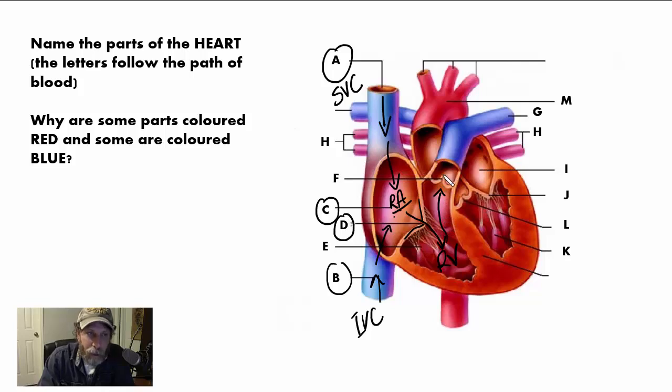Blood then travels through another valve, F. What's the name of that valve? There are 2 AV valves and 2 of these kind of valves, F and L. Semilunar valve. It's called a semilunar valve. Blood comes up into this blue blood vessel. Now, although this is an artery leading away from the heart, this is going towards the lungs, and it's blue. It's still deoxy blood on this right side. This will take it to the lungs, so this is a pulmonary artery, and it will split, and it'll go